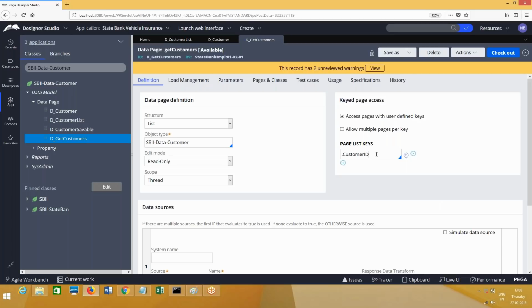When this data page is called and the page list key value has been passed, then in the resultant page list the key value will be identified, and the page matching the passed key value out of the list data page will be retrieved and assigned to a page property. Whenever we are working with keyed access data pages, passing the value of these keys is possible only from a page property.